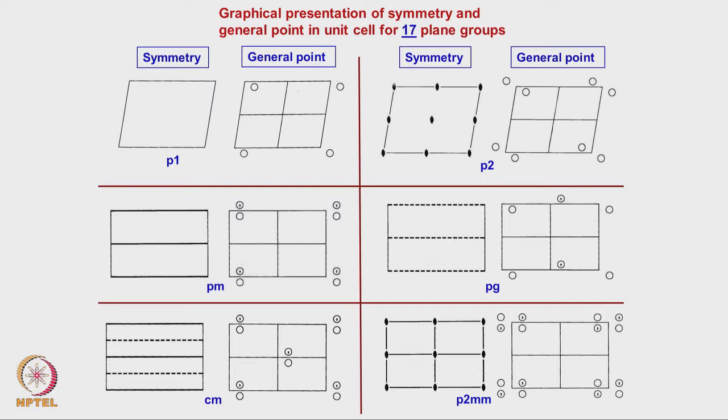Is it not? Because this also will satisfy a twofold rotation. Okay. Similarly, if you take a mirror which is going to be there on one axis, since only one single mirror is there, essentially this symbol which is being used, that is a circle with a comma inside, is what the International Crystallography table uses, and that represents that it's a mirror image. Okay. So, this is how it will be done.